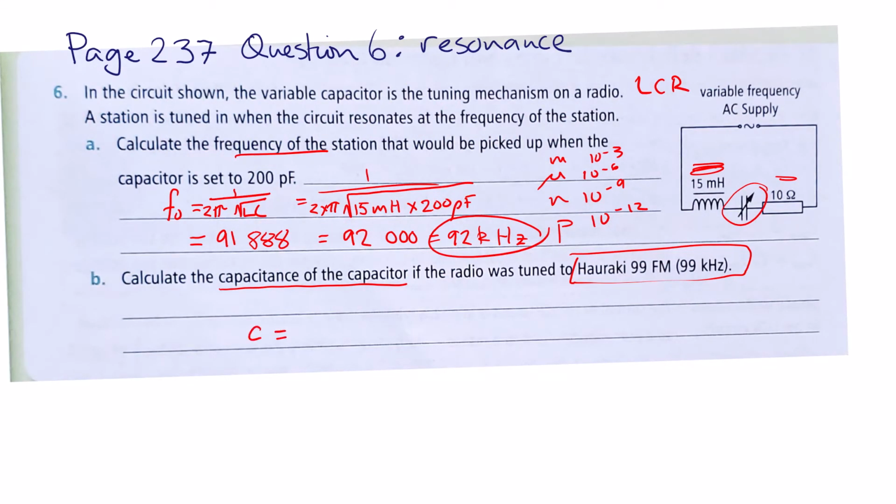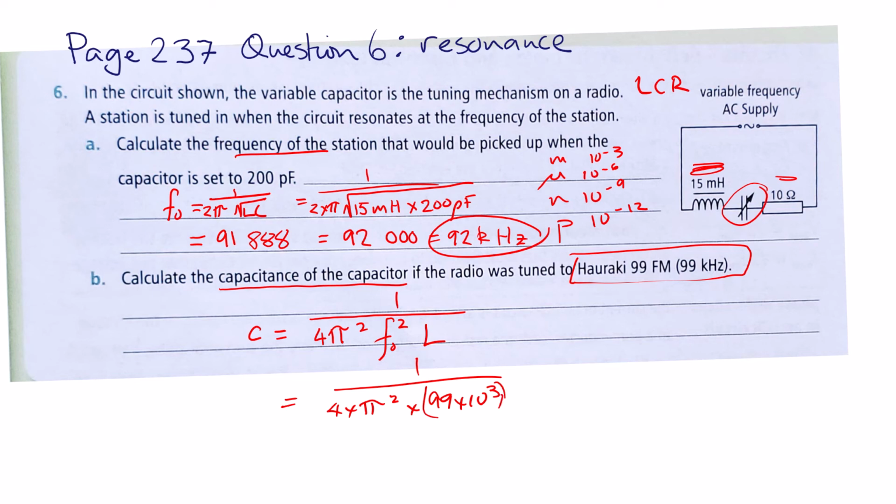Capacitance equals 1 divided by 4 pi squared F squared times L. That equals 1 over 4 times pi squared times frequency, 99 times 10 cubed hertz, 99 kilohertz, squared, times 15 millihenries, which is 15 times 10 to the negative 3, and that one we will end up with a capacitance of